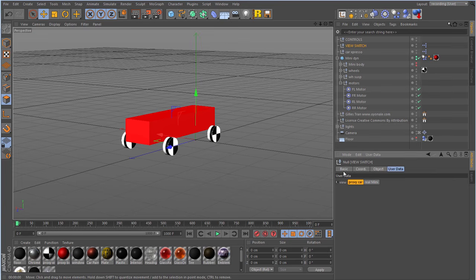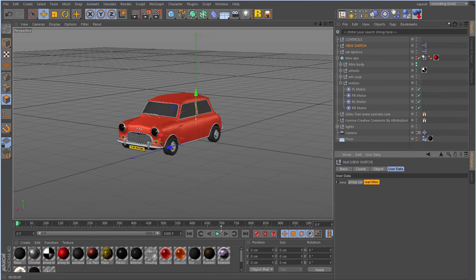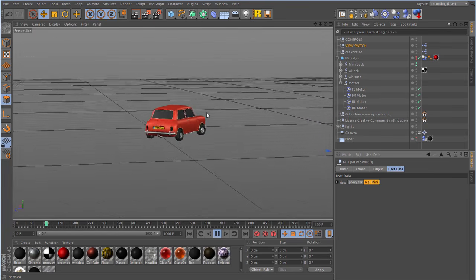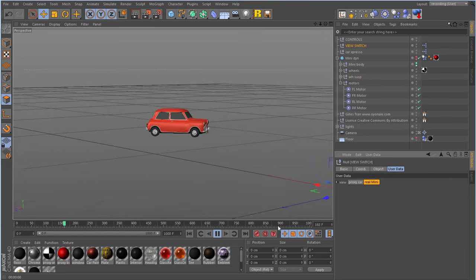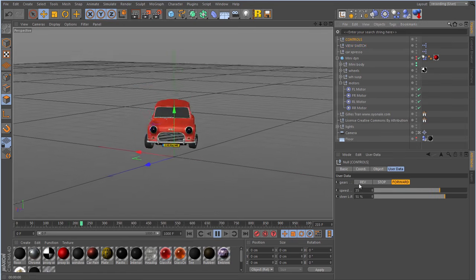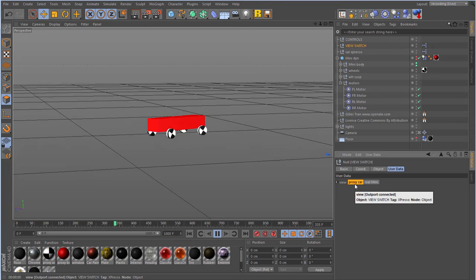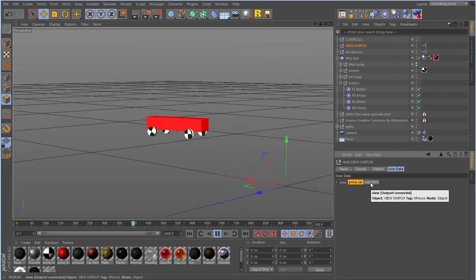But once you've got all that sorted out, you end up with a car that drives nice and fast like this one does. And to all intents and purposes, it's the polygons that are doing the driving. But we know that underneath this car, there's another car. And that's how it all works.